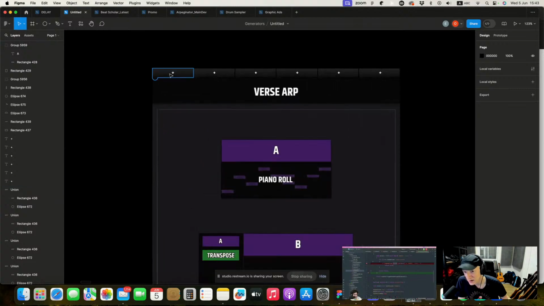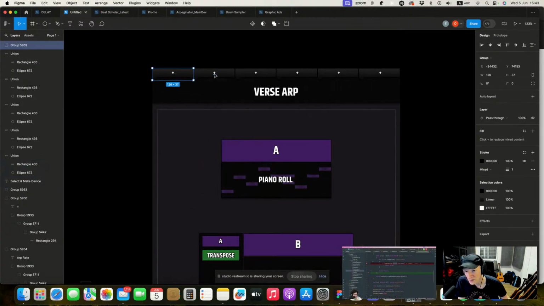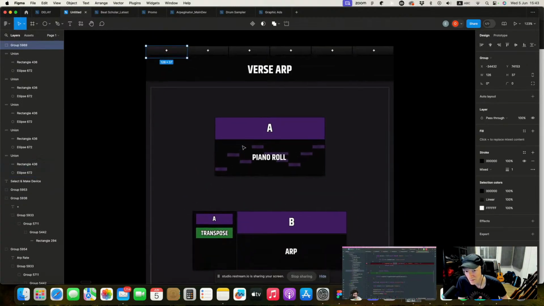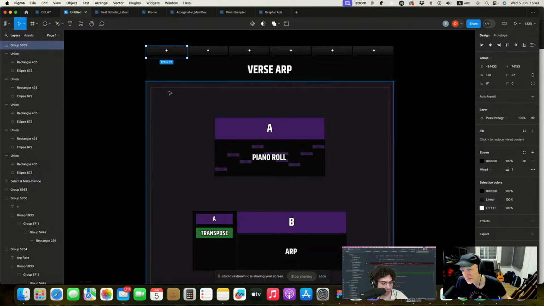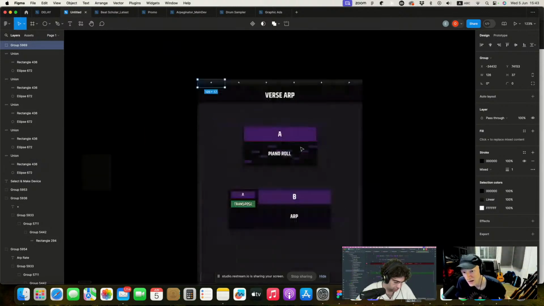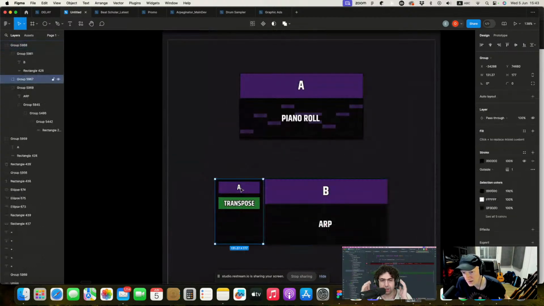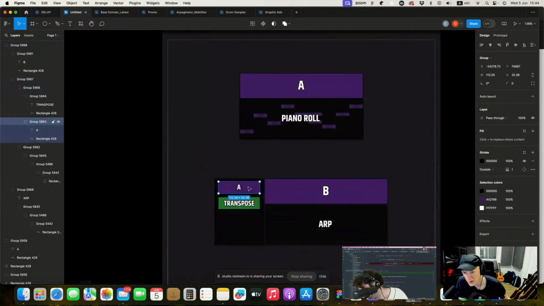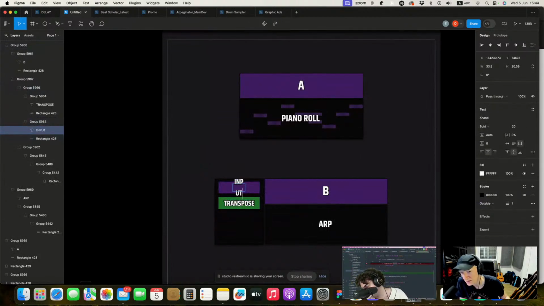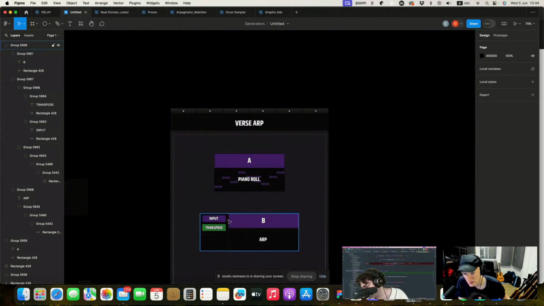That these flags up here would basically mean that the device, the verse ARP device, let's say I want to feed something external. It has a piano roll in it, but I want to feed a different type of music into it than the one that's inside this device. So I can drag from here this input. Let's say it just says input, right? I don't know what's assigned to it yet, but that's the music you should input into it. And once I drag it, it should do something like this.